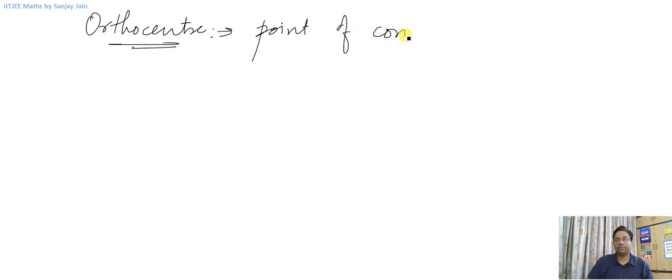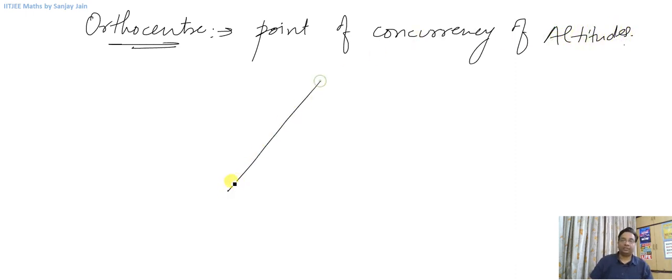Okay, so I have spoken about various centers. Now let me tell you a little bit about the orthocenter. This orthocenter is nothing but the point of concurrency of altitudes, right? So if I've got this triangle here,